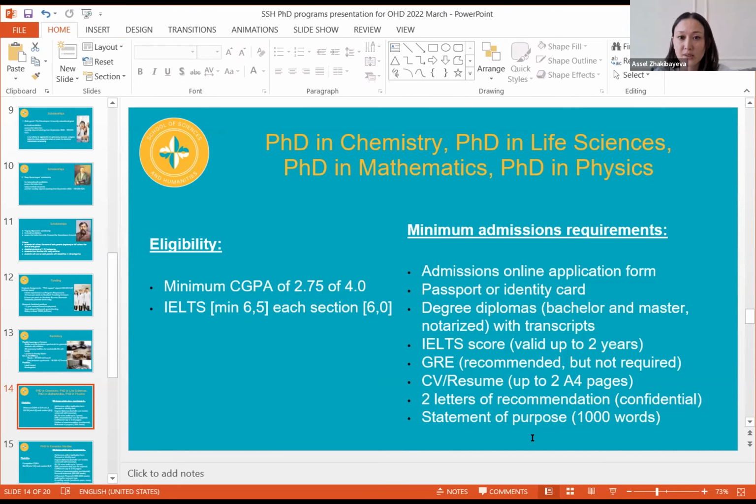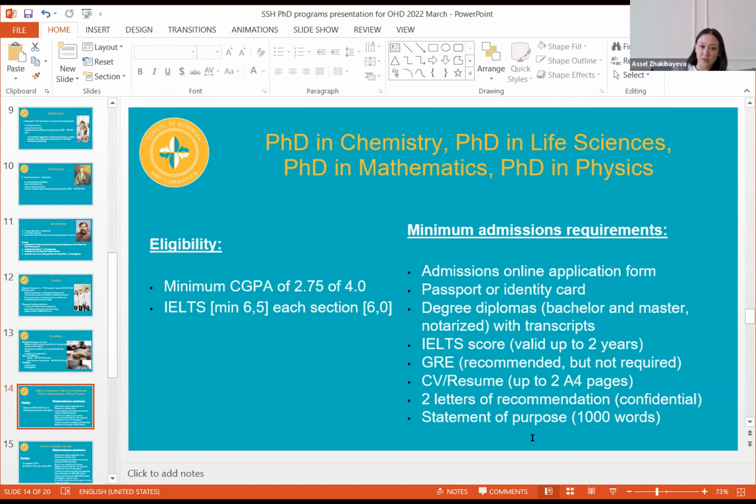The point for this is that the admission committee is English speaking and they don't understand other languages, and the working language is English. So the same applies for the letters of recommendation, the statement of purpose, and also the resume. For the IELTS score, by the time you submit your documents, your IELTS score should be valid within the 2 years. And also, if you have GRE test results, you can also attach and upload